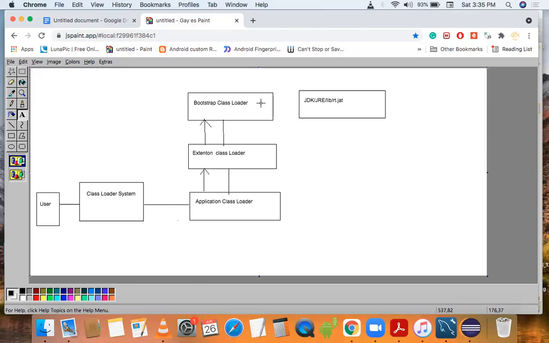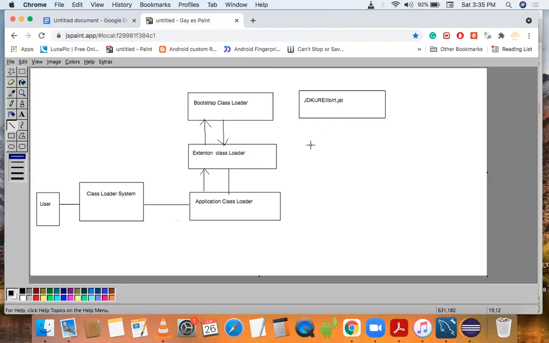If it is available, it will be loaded. Otherwise, it will forward the request to the extension class loader. Suppose we are using the String class, it will get it from here. And if we are using a system defined class, it will move forward to here.